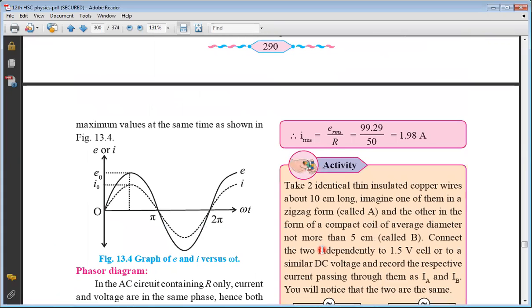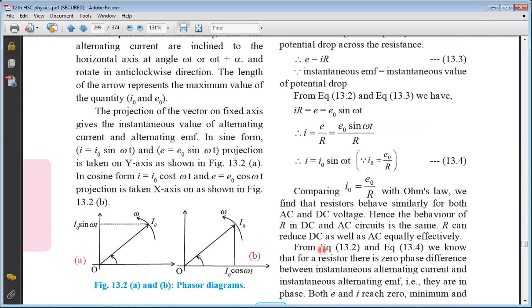Please see, what we are doing is we are considering the coil which is being rotated when AC is being produced. By the way, alternating current is produced when a coil is rotated in the magnetic field. So omega t represents the angle through which coil has rotated. Omega is the angular speed with which coil is rotating. T is the time. So angular speed into time will be the angle. Distance will be speed into time, but it's angular. So omega t represents the angular distance or the angle through which coil has rotated.